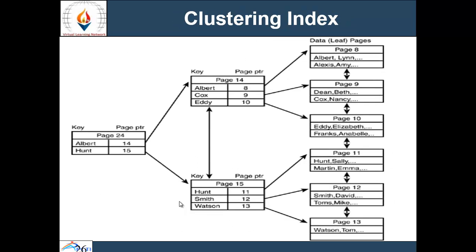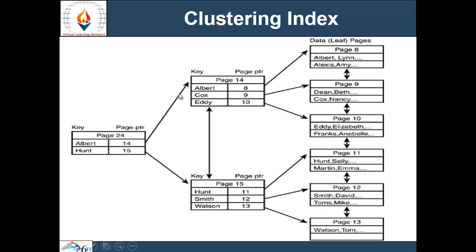You can see the clustering index here. The clustering index is an ordered file having the cluster index value and a block pointer to the first block where that cluster field value first appears. In this example, you can see page number 24, there are two entries, that is key and page pointer.